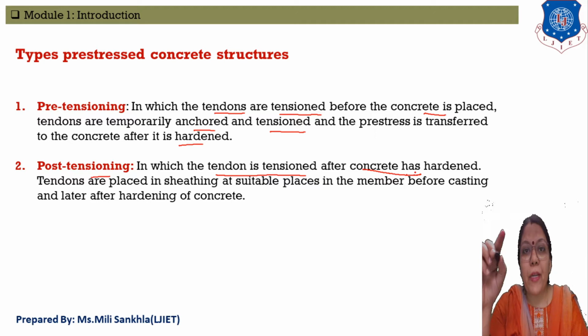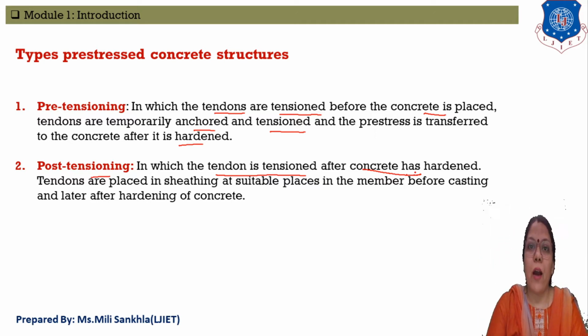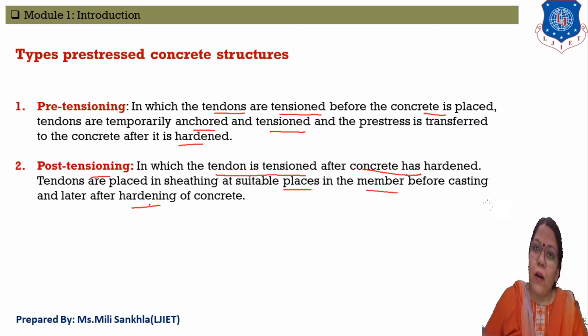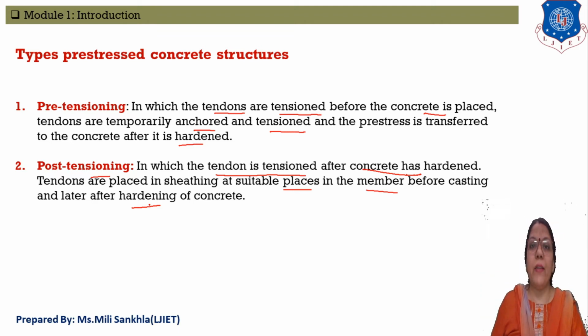In pretensioning, first the tendons are stretched and then concrete is poured and hardened. But in the case of post tensioning, first of all the concrete is hardened, and then the tendons are placed in position with respect to the member. Then after the concrete has hardened, we stretch, that is, elongate the tendons. Ultimately prestress is again transferred from one material to another material, and how it is transferred we learn next.